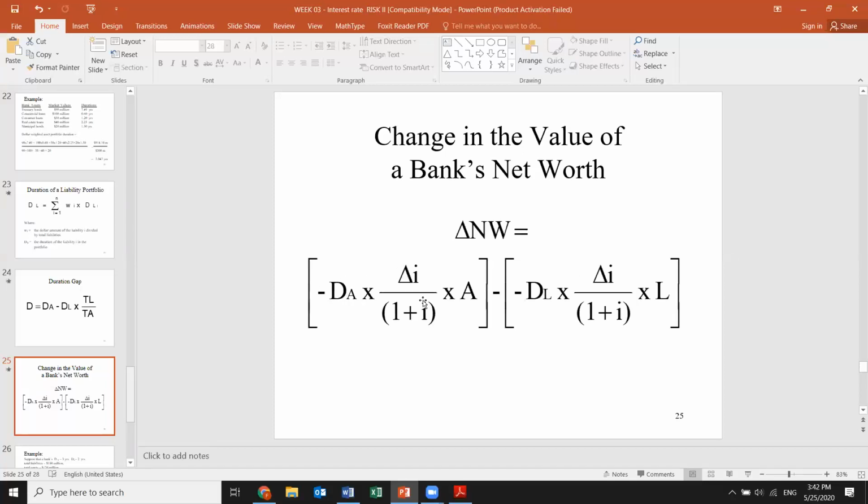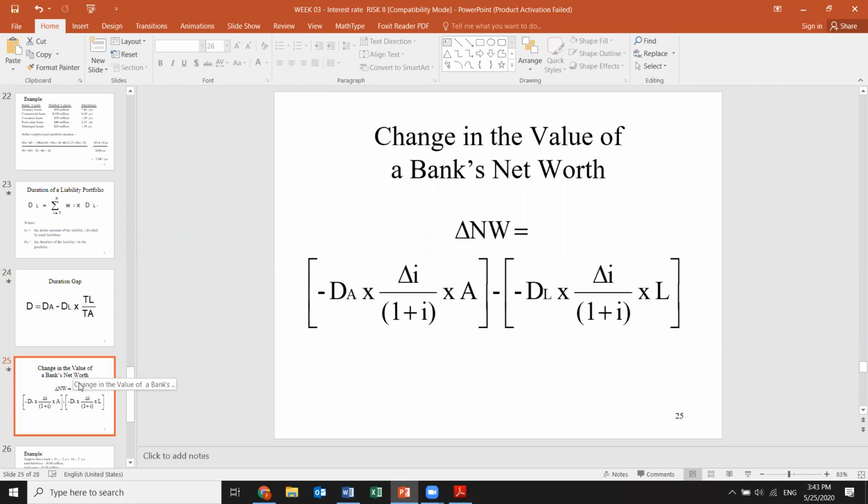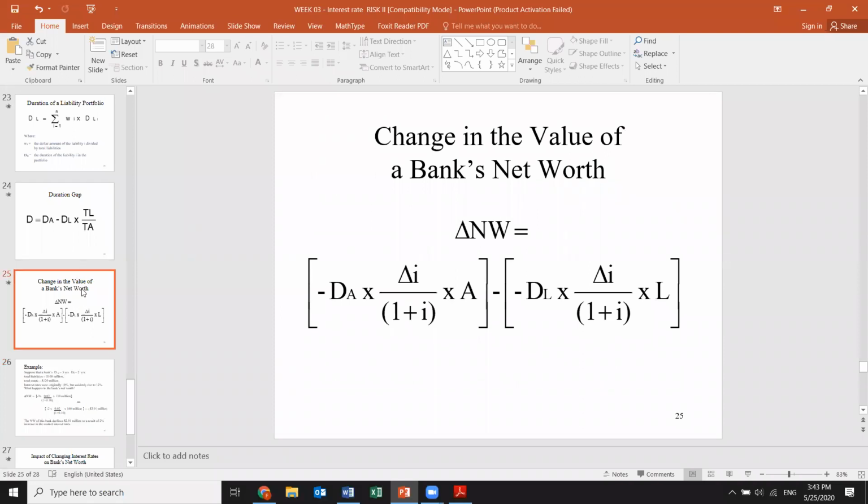You remember how we calculate? This is how we do. This is assets and this is liability. So this formula is more or less the same, okay? They carry the same meaning, but they come up with the change in net worth in terms of dollars. So for the example we're given here, when we apply these formulas in complicated questions closer to real market examples, then we're going to understand better.